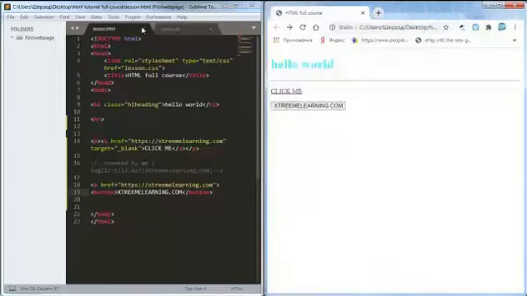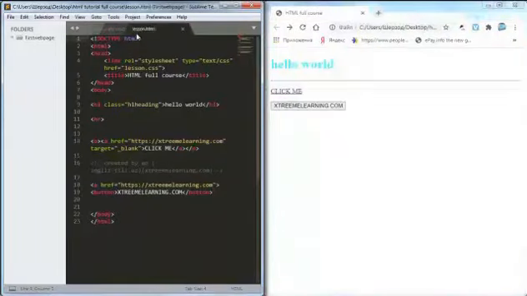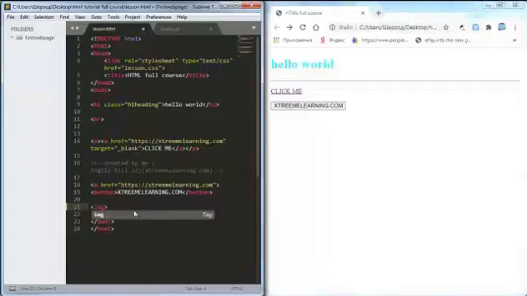Okay, here, now how can we add an image? Start writing img. Okay, src equal, and